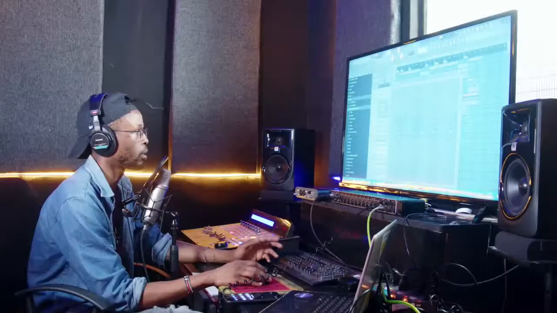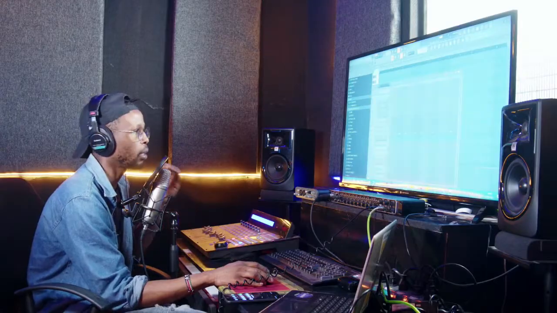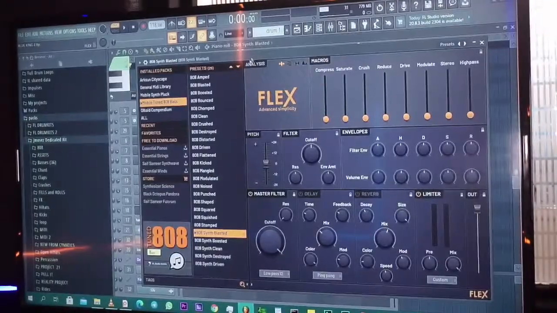It's a basic beat, but what is interesting about this beat is maybe let me say the 808. Sometimes it's very hard to get a tuned 808. I know most of us just download those from sample packs, but to get a really tuned 808 is very hard, and maybe it's hard for you to tune your 808 to key. So thank God that FL Studio now has this Flex plugin that comes with 808 and synth and